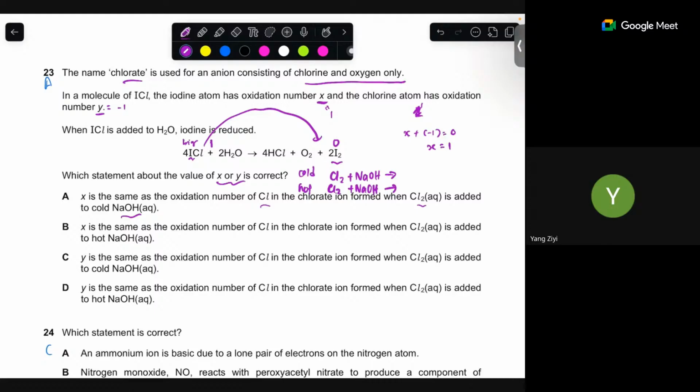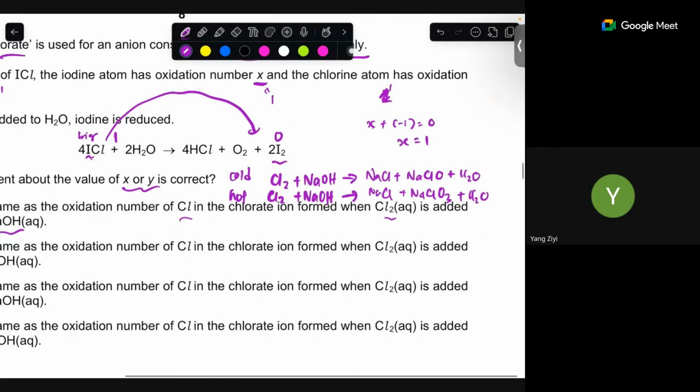Cl2 with cold NaOH gives NaCl plus NaClO plus H2O. Then the hot one should be NaCl plus NaClO3. Am I correct? Yes, sir. Okay, so now they are asking